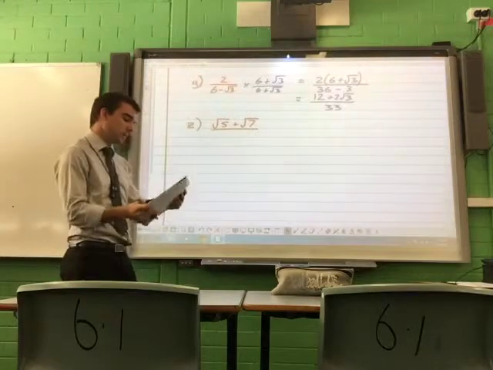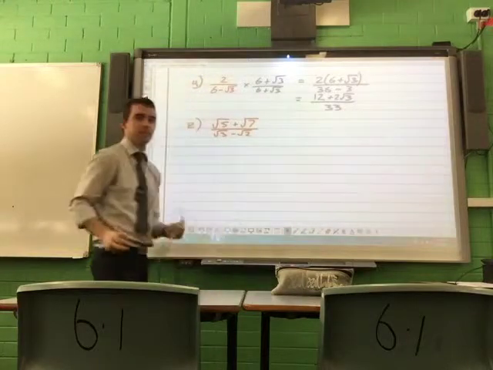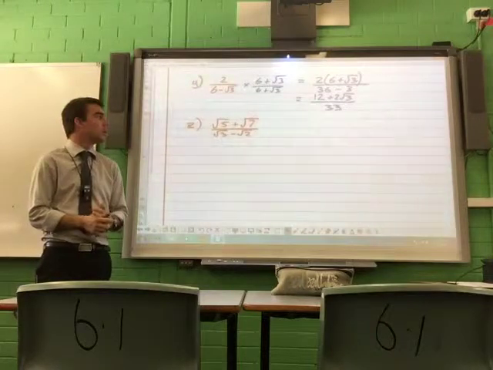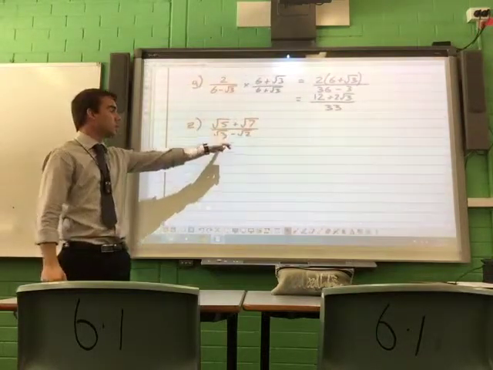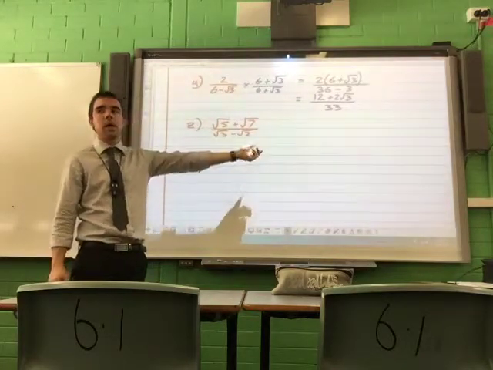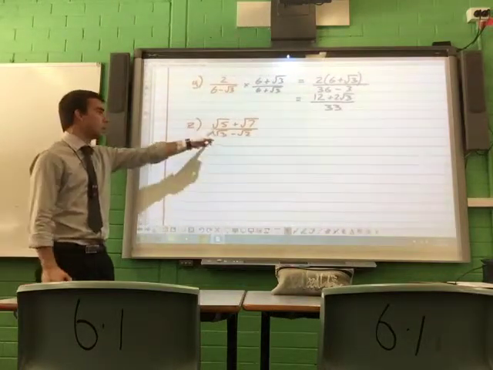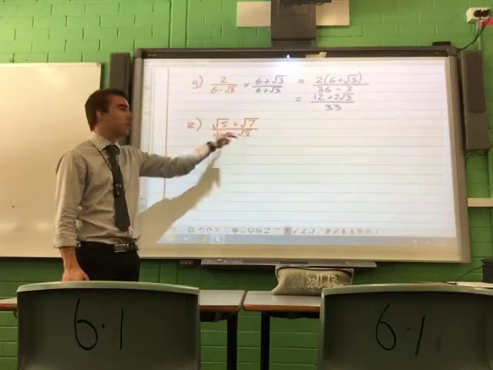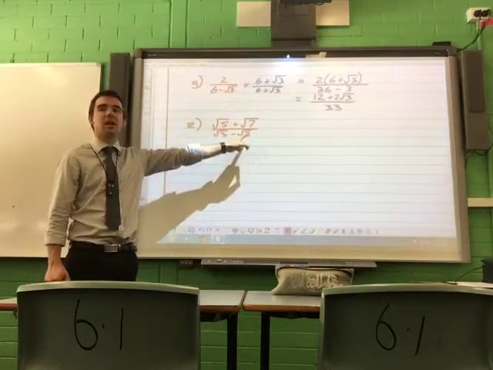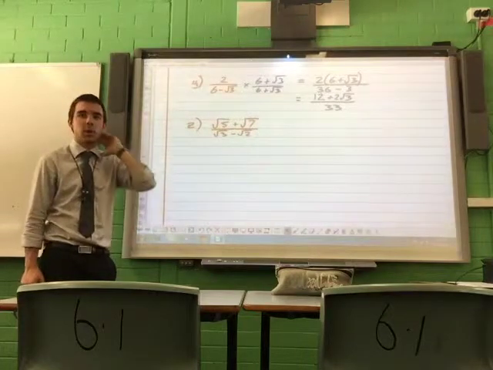Right, root 5 plus root 7 on root 3, take away root 2. Stepping up a bit. Right, so if I do this squared, take away this squared, by setting up the difference of two squares by multiplying by the conjugate, that will allow that denominator to be an integer. Now if someone did say, what if you square the whole thing? That's okay, we'll get that all squared, but you've got to think about that middle term, 2 times that, which should still be a third, and therefore the denominator should still be irrational. Okay, so we can't just square